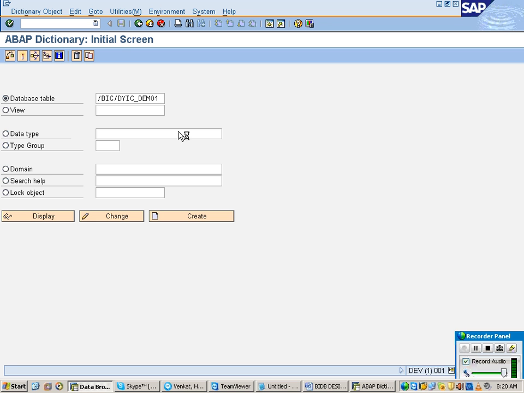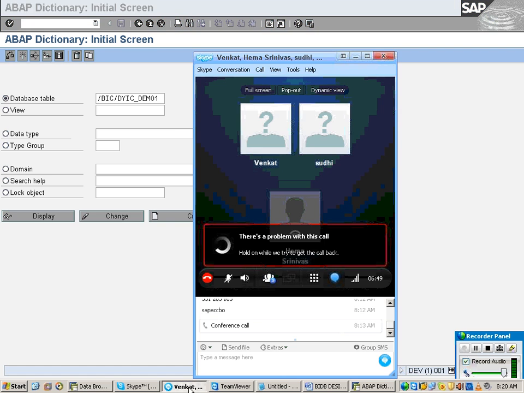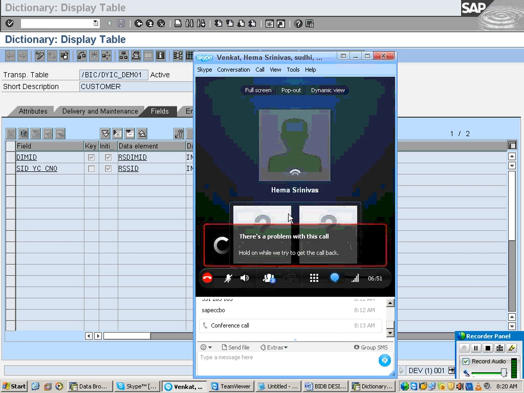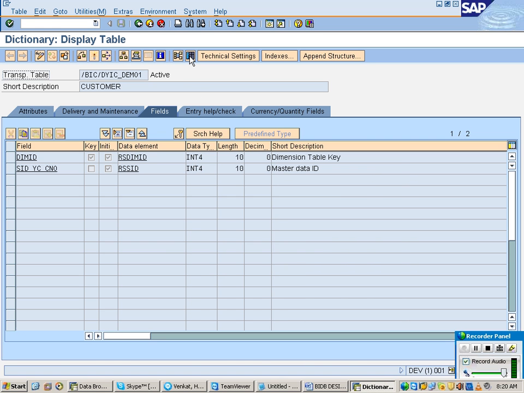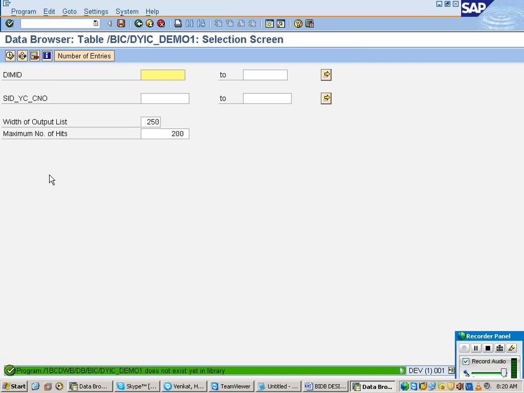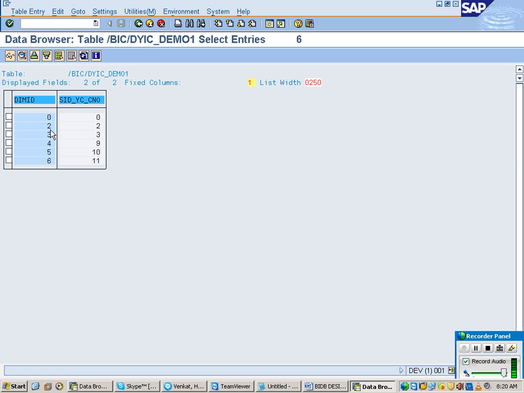Cube name followed by the first one is what? Right. So now, check for the dimension ID, what is the value I can catch? SID value.